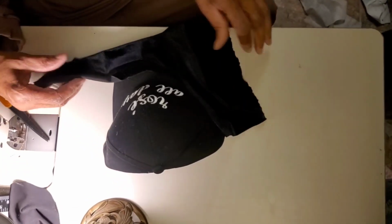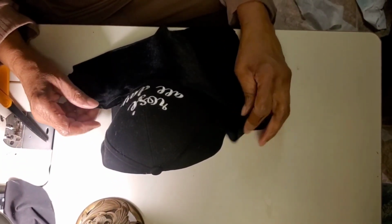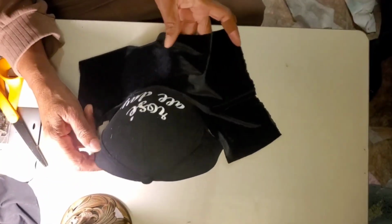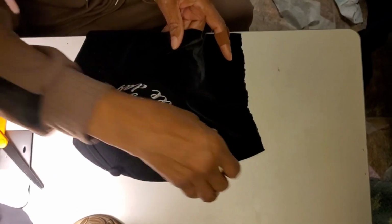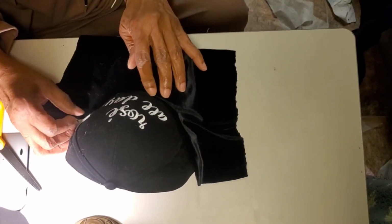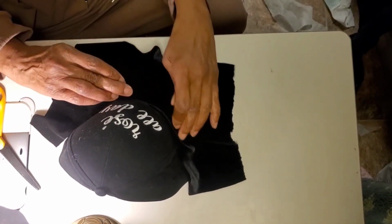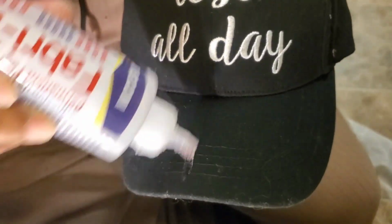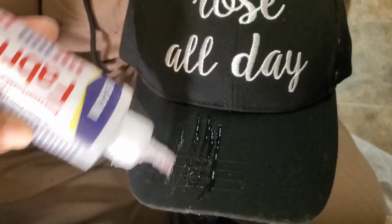And once you get it all cut out, you're going to use some fabric tack glue. Guys, fabric tack is like the best glue. I love using it on all of my projects, and Mom is going to use it here. You do want to put it on your hat and let it cure for 24 hours before you do anything else to it. But she's going to go ahead and apply the glue, and watch as she puts it on